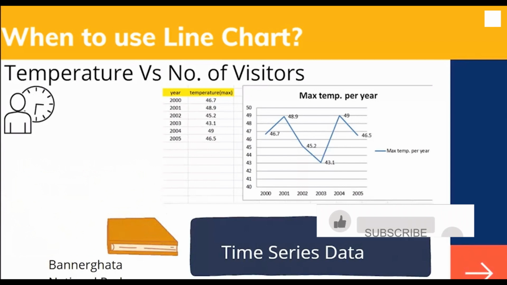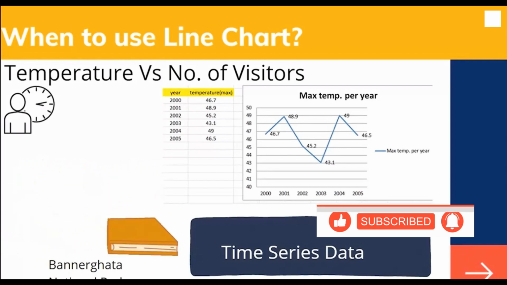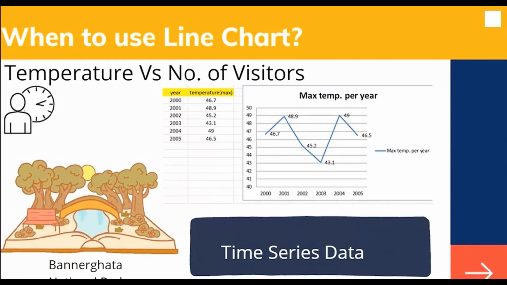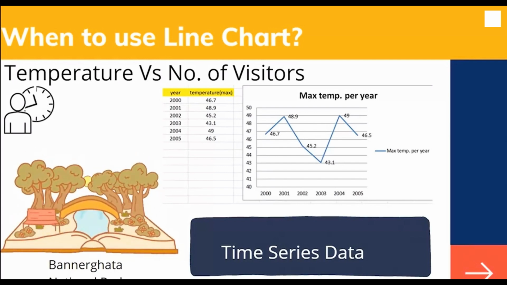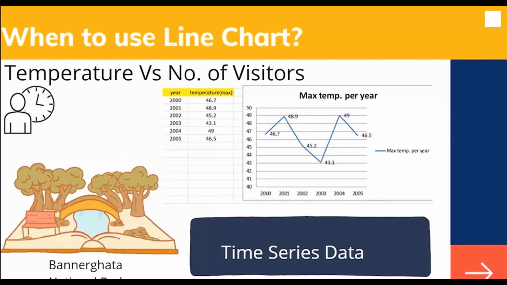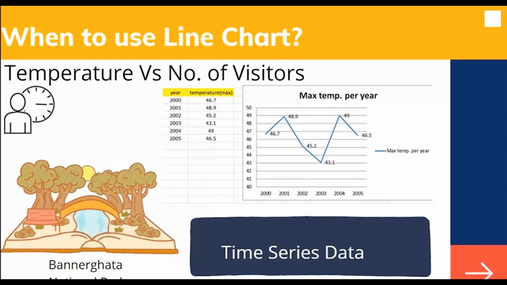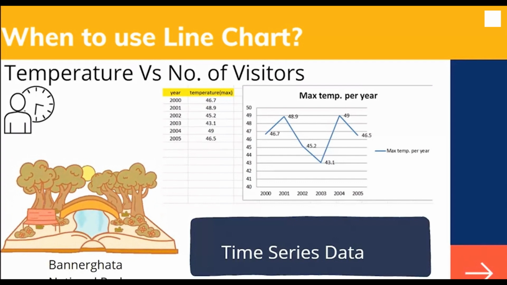Because this is very much required for the reason that we can identify the trends as well as the patterns in our data, and we can identify what is the kind of seasonal effect and any changes happening over a period of time. Say for example, during your monsoon season, most of the people wouldn't be visiting the Bannerghatta National Park, right? So that's a large change which is happening over a period of time. So if you have to identify all of these things,